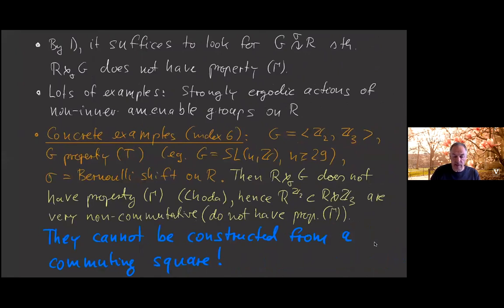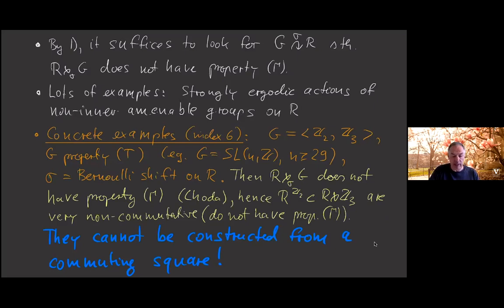As I said here, all you need to do is look at this action. In fact, it turns out that there are lots of examples, because any strongly ergodic action of a non-amenable group on the hyperfinite II_1 gives a crossed product that does not have property Gamma. And so, for instance, if you take a property T group,